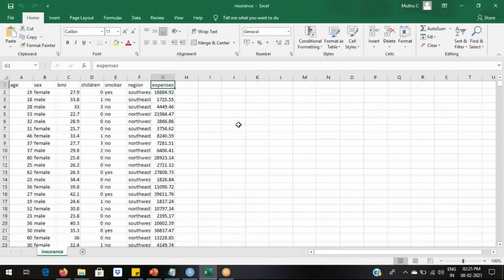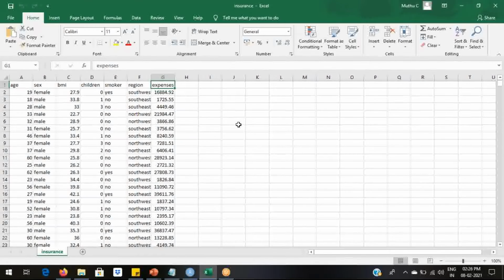So in the sample data, expenses value will be available. But for a new patient, based on the values of age, sex, BMI, children, smoker, and region, the expenses have to be predicted. In fact, that's the whole purpose of this case study.